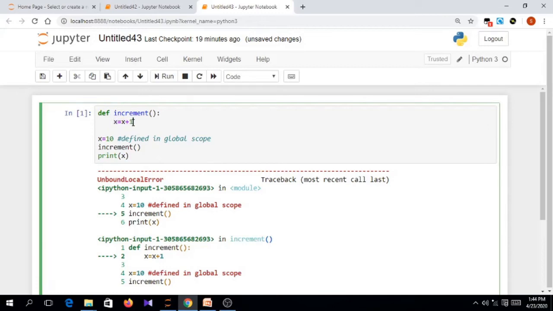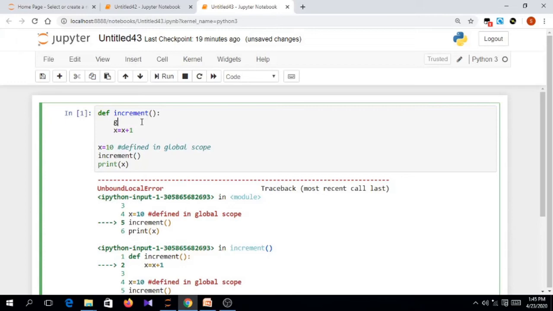So what we can do here: suppose we want to access this global x inside this function, we can write global x. This makes the global variable x accessible inside the function increment. So when I do x equals x plus 1, we are actually incrementing the global variable x.